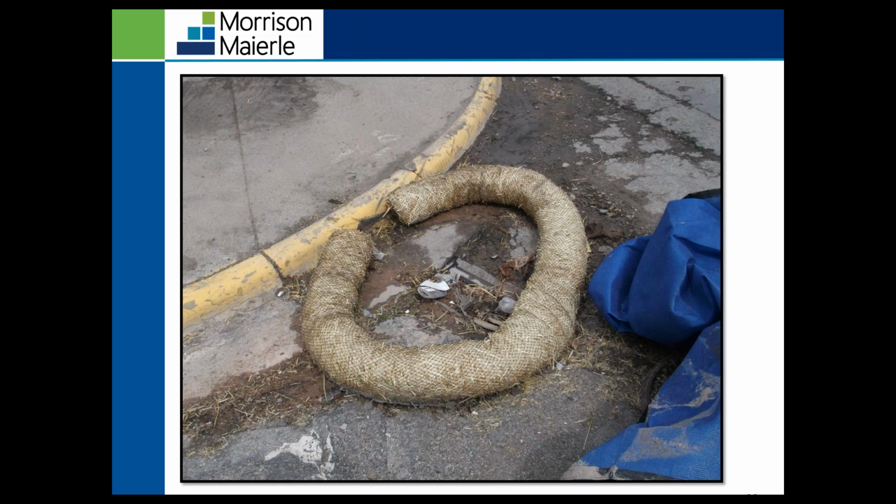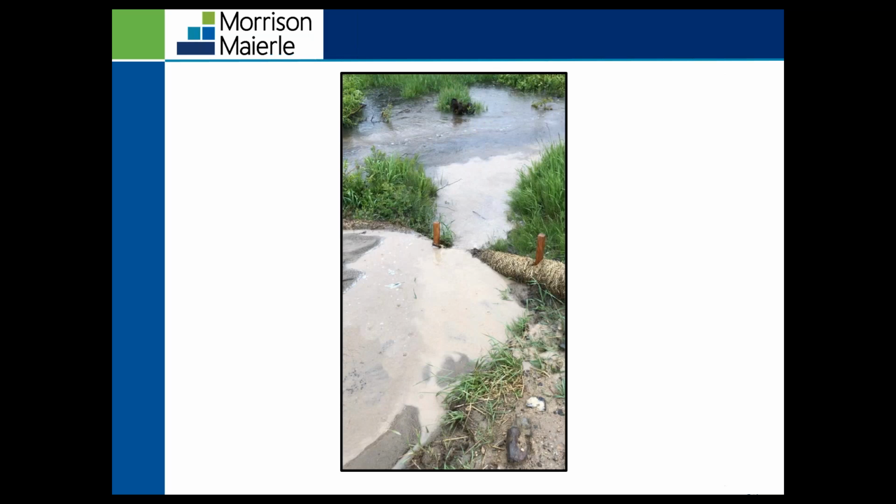So corrective actions is to replace the straw wattle with a different BMP, whether that's a witch's hat, Dura-Wattle, rock sock, compost filter socks, or other BMPs similar to that that would be able to be placed on top of an impervious surface, or that can fit in the inlet.